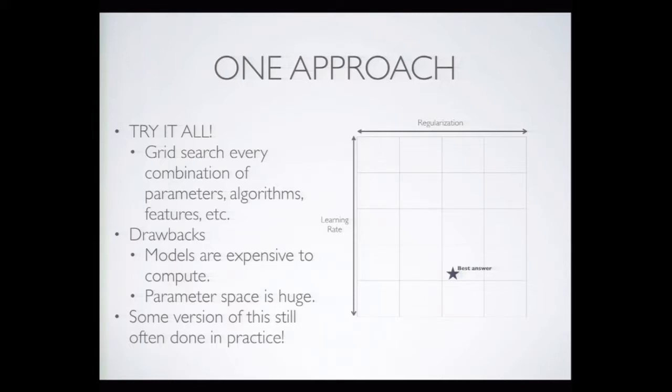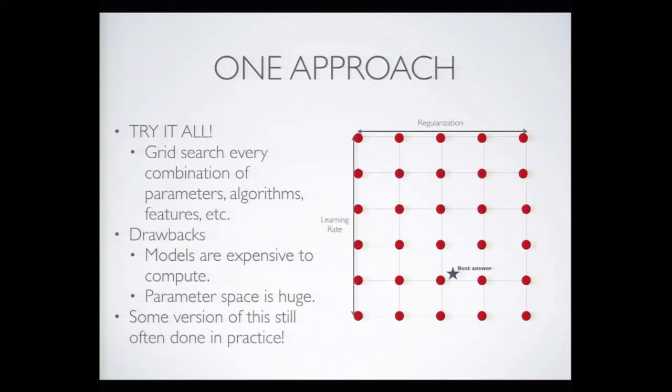Now, in order to find that, I might actually have to try and fit several models. So I might try and fit a model in this corner and that point and that point and so on. And this is an approach called grid search. You can kind of imagine the nested for loops in your head sweeping over the space. And so eventually, I fill up the space and I get to a best answer, which is maybe, I try a point close enough to that best answer and I think that's pretty good, and I'm done.